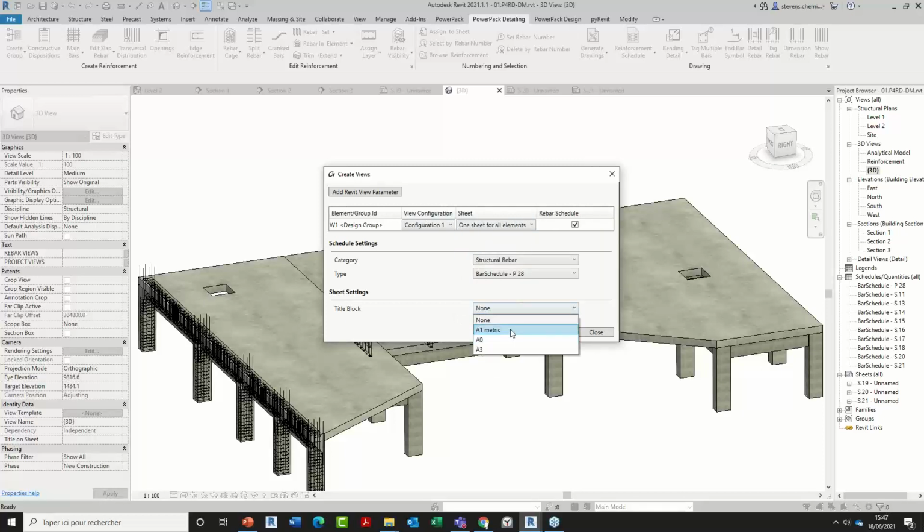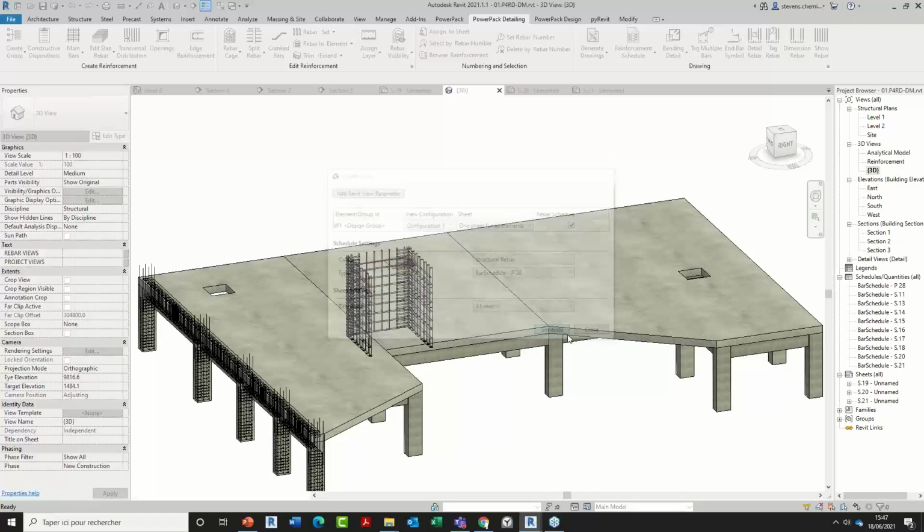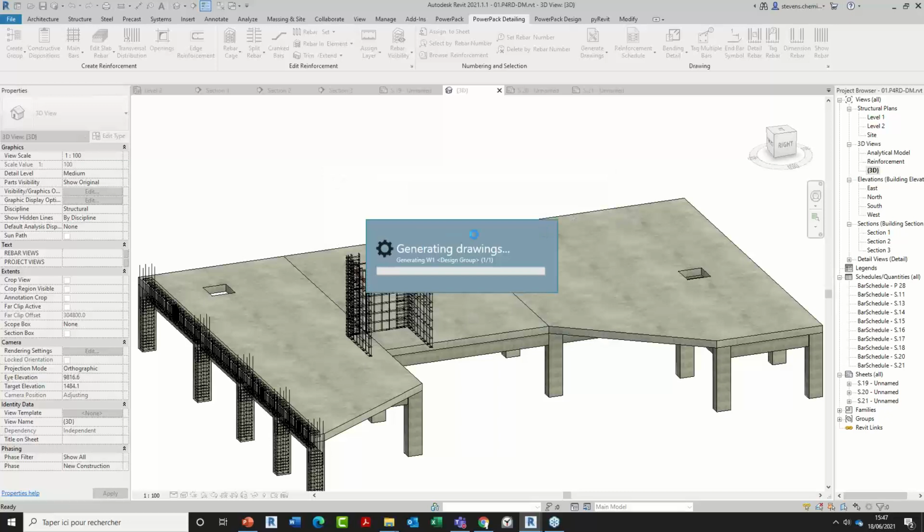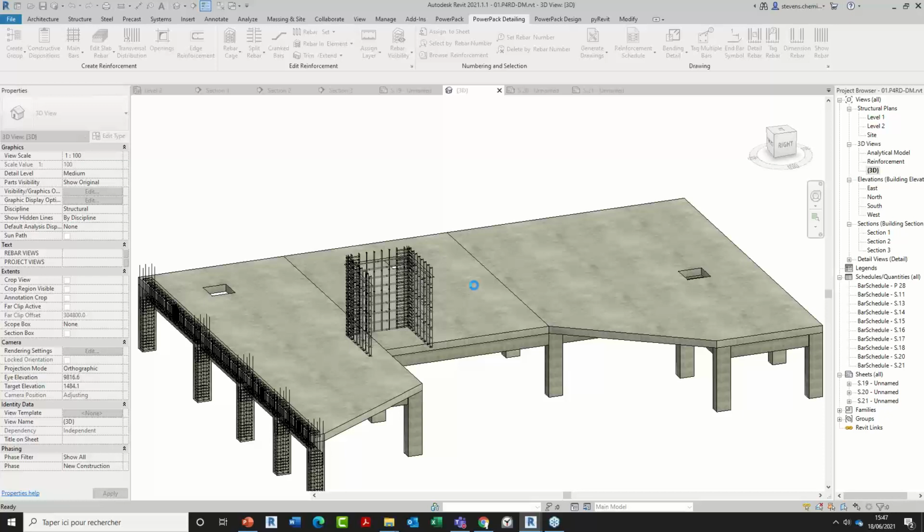So I will do the same, select those walls, generate the drawings, and I set in my configuration for these groups of walls that I want drawings with elevation, section, schedules, bending details for some elements, and in the particular case of walls, it's possible as well to create automatic views for nodes.